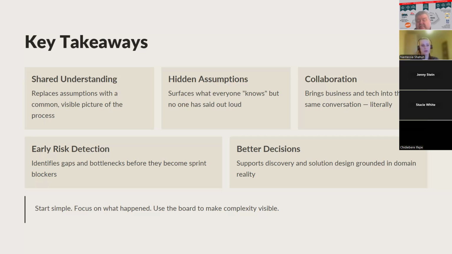So again, you don't need to make it perfect from the start or use all grammar elements that you've learned today. Just start simple, focus on what happened, and let the conversation do the work. Because when people have something in common, shared values and views, they can just continue the conversation, and everyone has the same starting point. Because you have the same knowledge, you can continue the various conversations if you need to understand some parts of the flow more deeply.